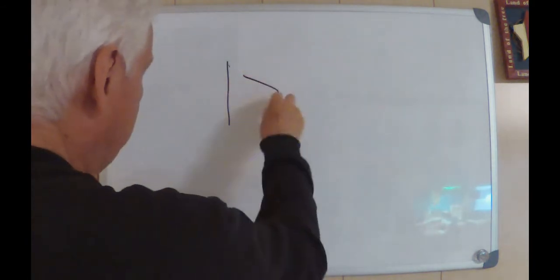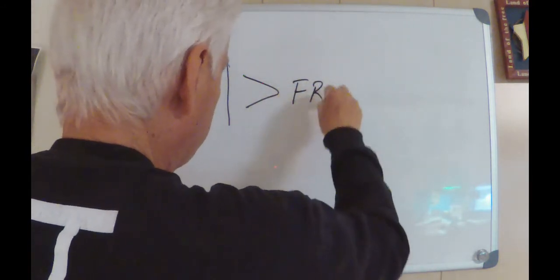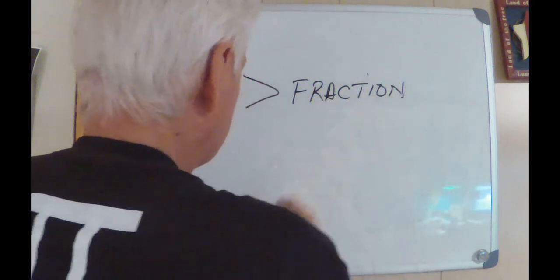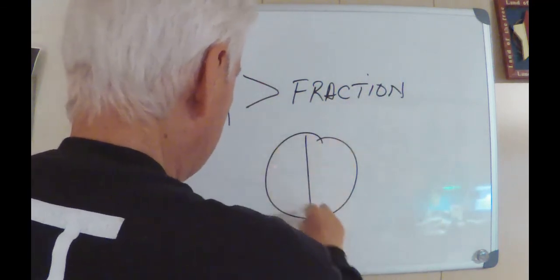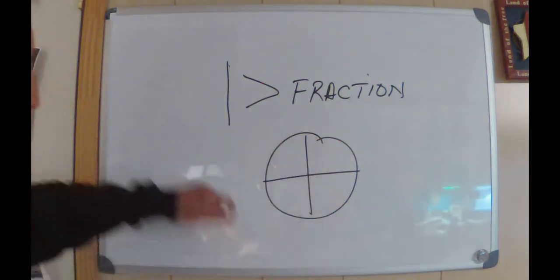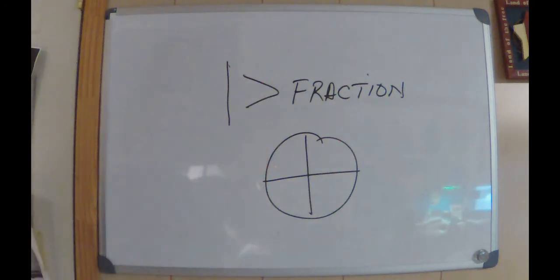What the students really need to understand is the fact that a fraction is some value that's less than 1. So if we had a pizza that was cut into 4 pieces and you took all of it, you would get 1 whole pizza. But now if we cut it into 4 pieces,